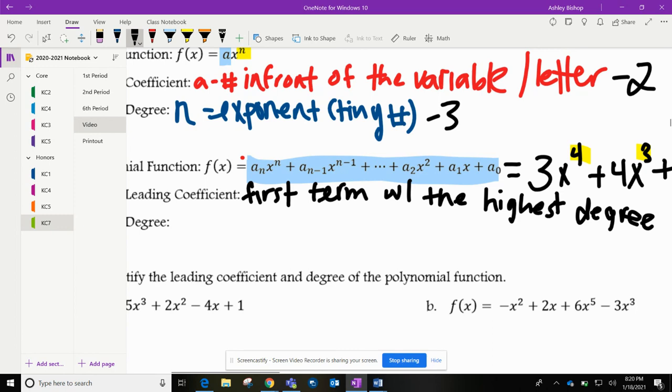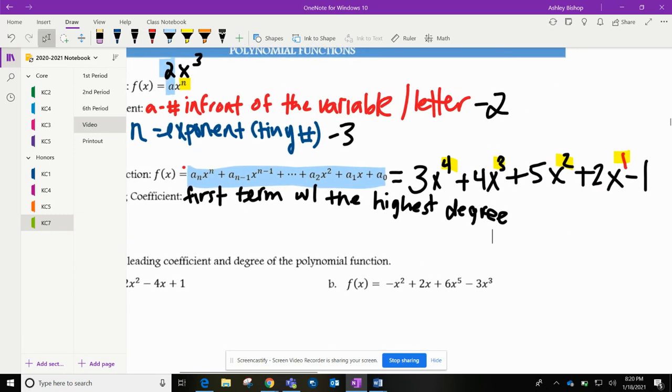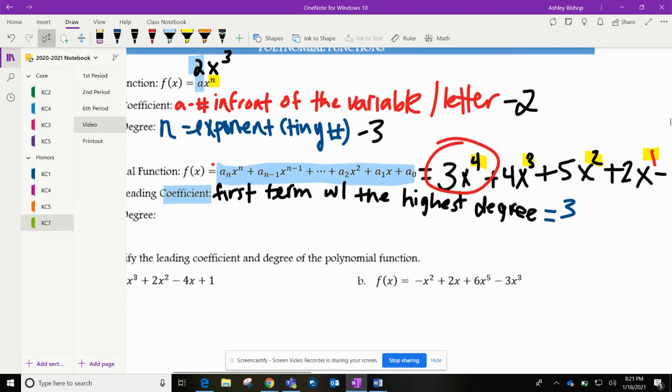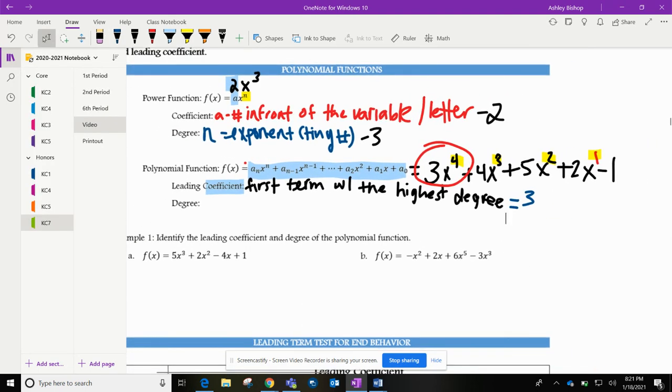And so our first term with the highest degree, the degree, remember, is the tiny number, is going to be 3x to the fourth. And the leading coefficient, remember, the coefficient's the number in front of the letter, is going to be 3 here. So it's the number in front of the variable that has the highest exponent. And again, the degree is going to be the number